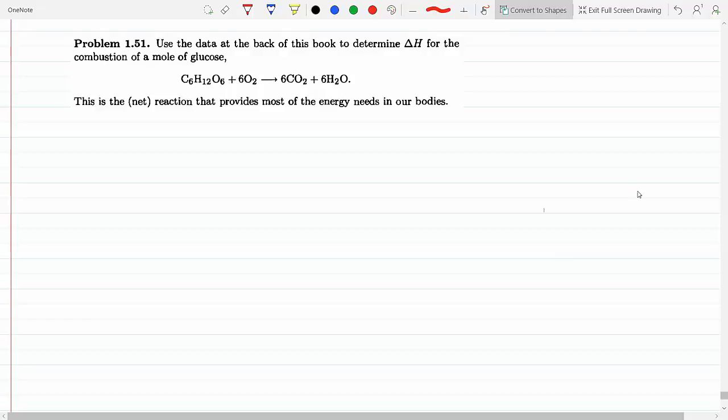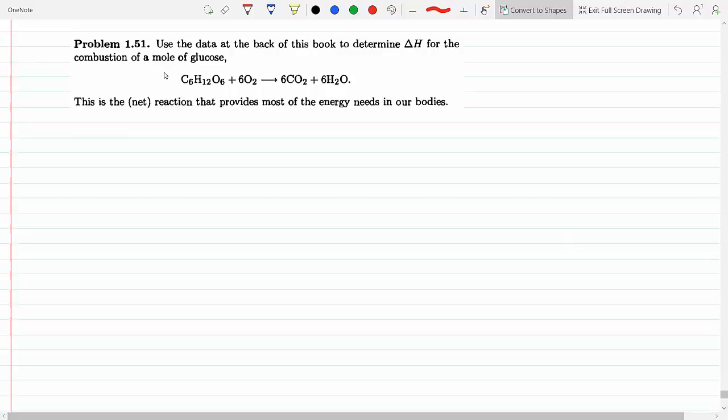Use the data at the back of the book to determine delta H for the combustion of a mole of glucose. This is the net reaction providing most of the energy needs. Okay, so